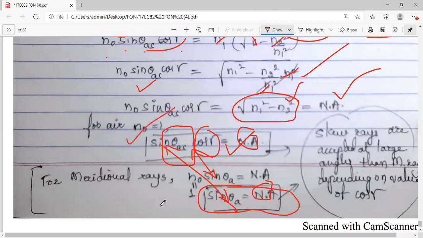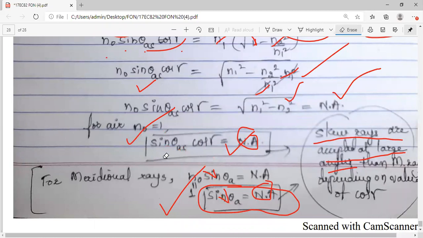This is for skew, this is for meridional rays. What it indicates is that skew rays are accepted at larger angles because it is multiplied by cos gamma. One extra term is there. So what do you mean by that extra term? It is nothing but that skew rays accept more angles, larger angles, compared to the